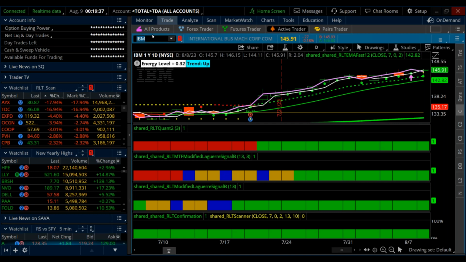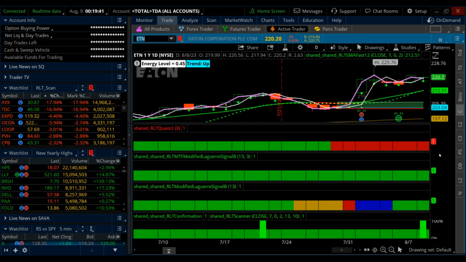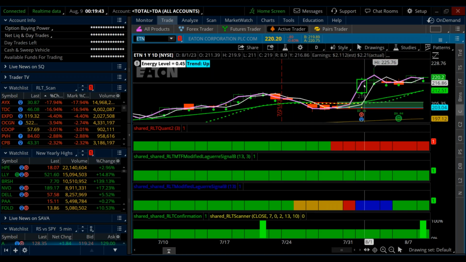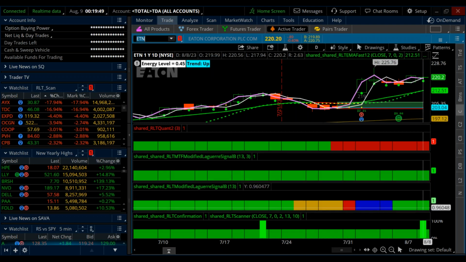Eaton, ETN. Right, we've got an interesting move up here on Eaton. This was earnings, and now we see how it's just kind of moving sideways. And we do have a green on the current time frame and the multi-time frame. We do have red on the quants, but I'm interested to see what this looks like on my TC2000